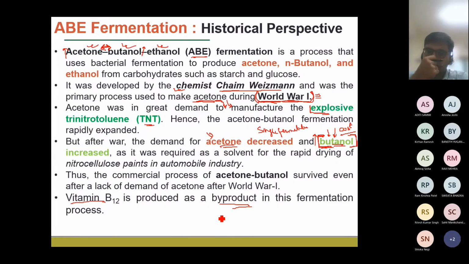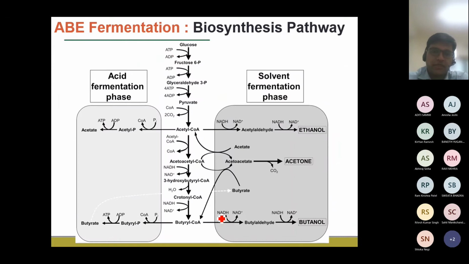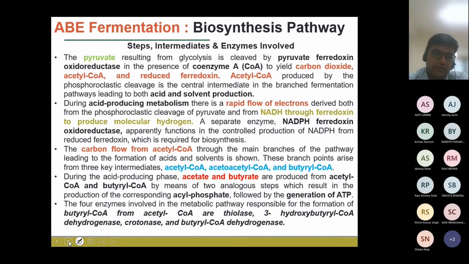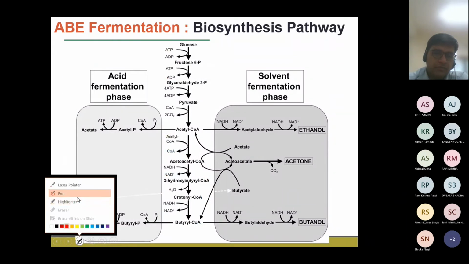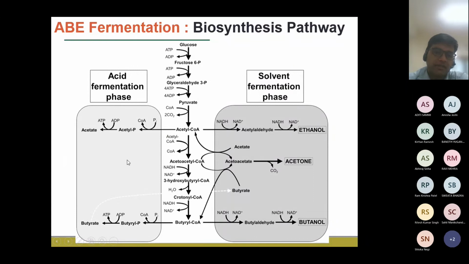Okay, so first of all, let us look into the biosynthesis pathway. If you look into the biosynthesis pathway and compare it with the pathways you have studied till now, you will find that the basic fermentation steps remain the same. Okay, so first, we have seen in the case of the ethanol fermentation as well as the baker's yeast production that if we start with glucose as a substrate, it goes through the pathway of glycolysis,